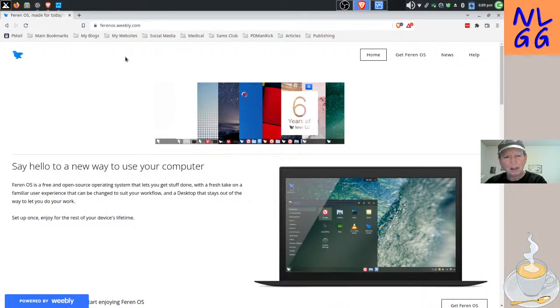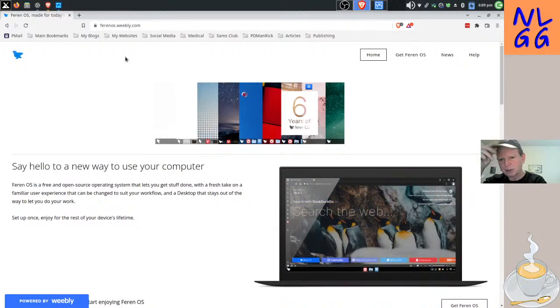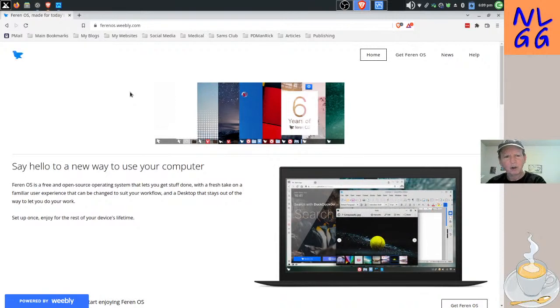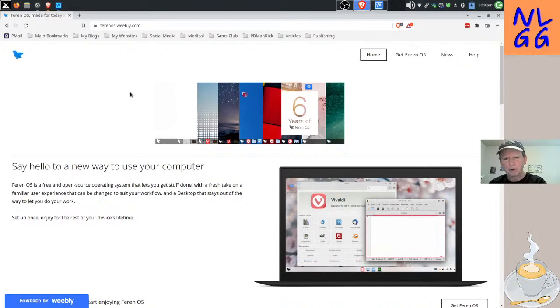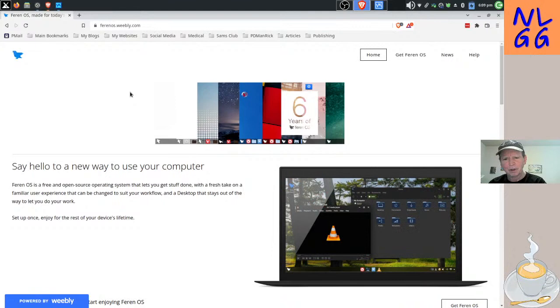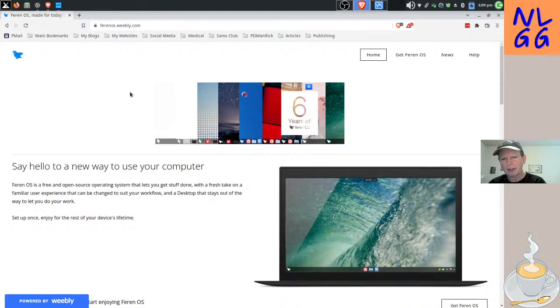So anyways, Feren OS has been around for 6 years apparently, and it says, say hello to a new way to use your computer. Now, I don't know what exactly is a new way to use your computer, but it's obviously a new distro. Not new, but new to a lot of people, because a lot of people haven't heard of it that much. The dev on it,